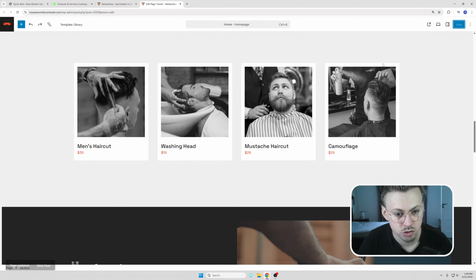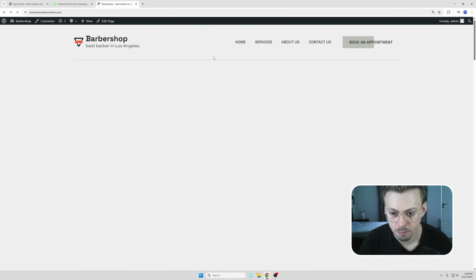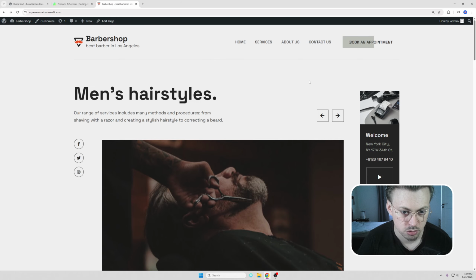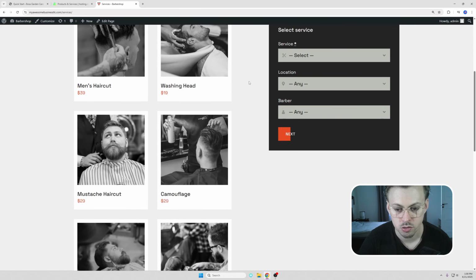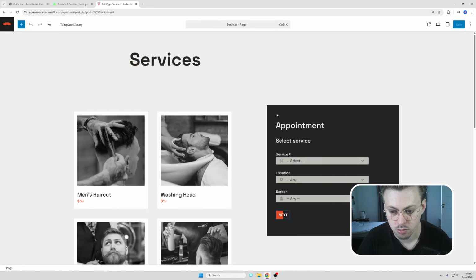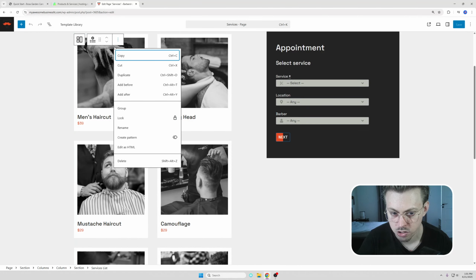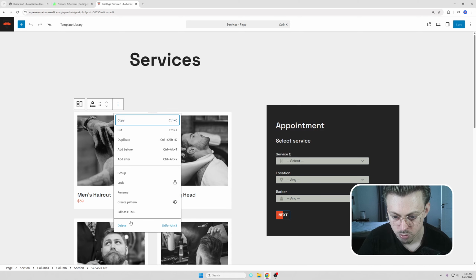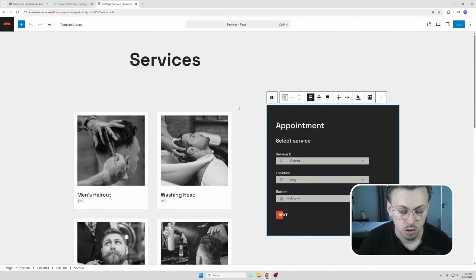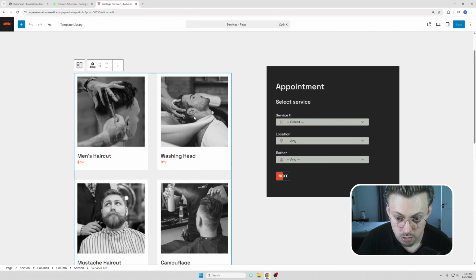So let's assume you're done with the home page. Let's refresh the page. Everything looks great. Now, if you go to services, you can do the same exact thing. Go to edit page and then edit individual sections. Okay, so if you want to remove this, click edit, remove. Okay, so one thing, for example, on this page, if you're going to try to edit things, you'll notice that